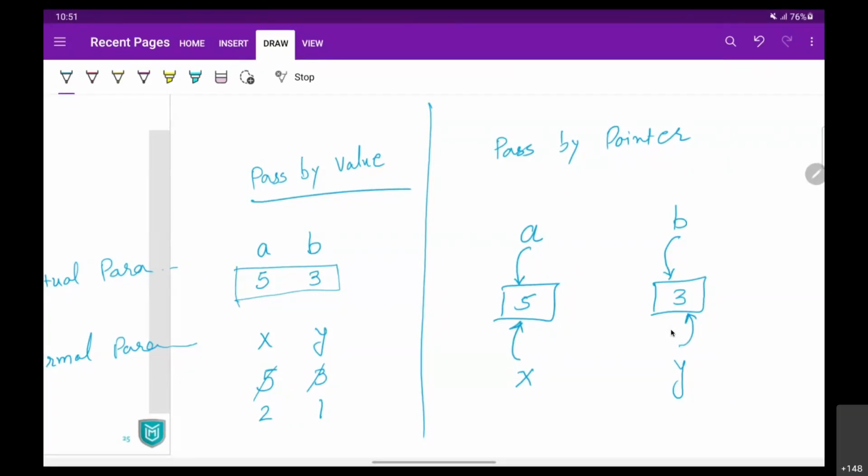So a and x both are referring to 5, b and y both are referring to 3. Now if using x you change your value and using y you change your value, then it actually affects the original value, and that's why when you access variables a and b, it will give you the updated values 2 and 1. So that's the pointer. It is going to refer to the address.